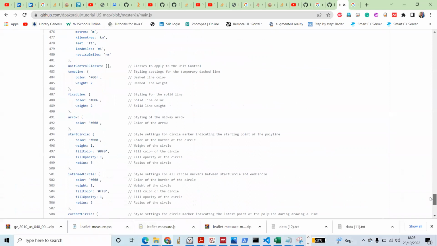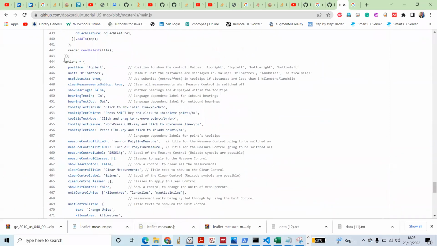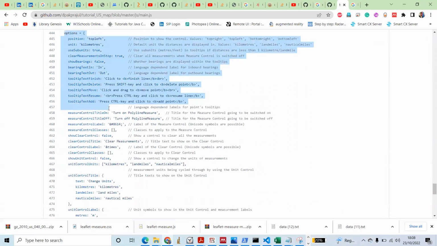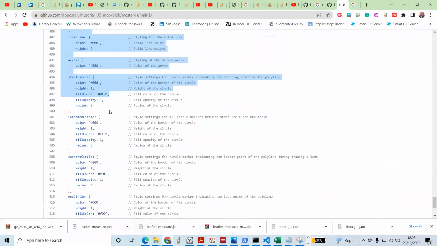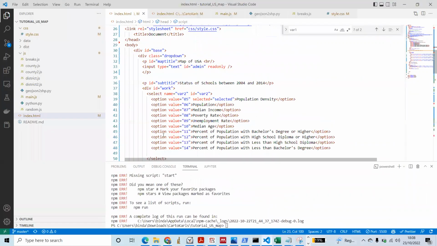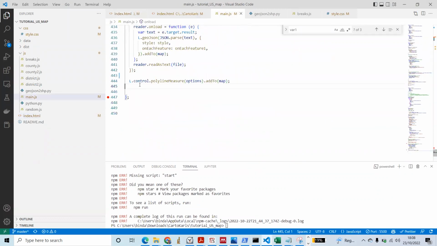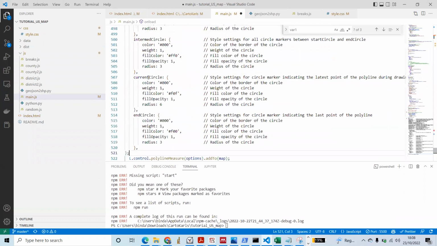And we go to the last. I had used the option. We can create a different JavaScript for this and use this, or you can also use it in the same script file. So I will go to the main.js, and at last, before calling this measure, I will paste it here and save it and see the result,